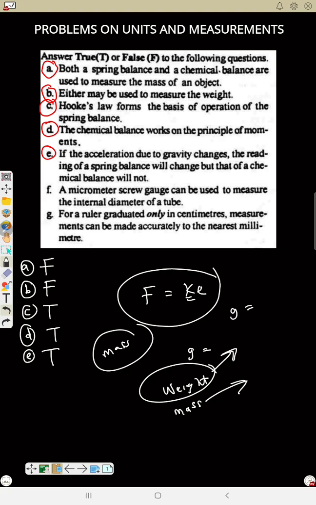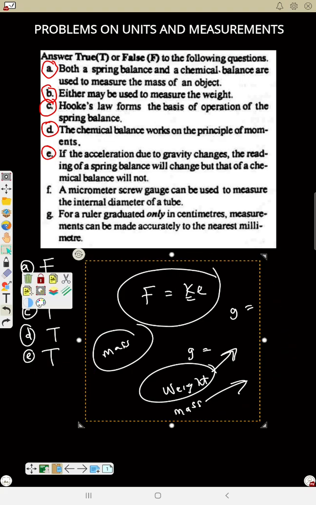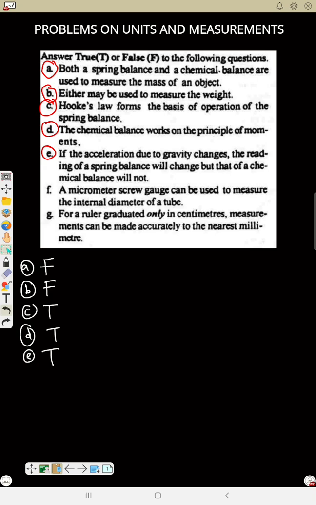So that means the statement is true. If the acceleration due to gravity changes, the reading of spring balance will change, true, but that of chemical balance will not, true. So that means the statement is true. Now F,